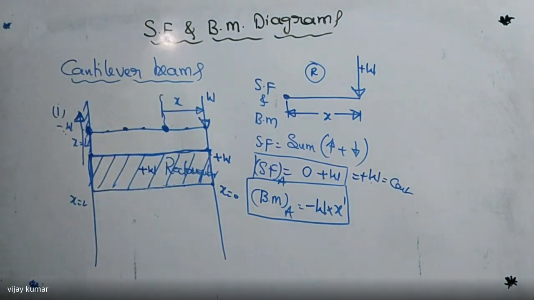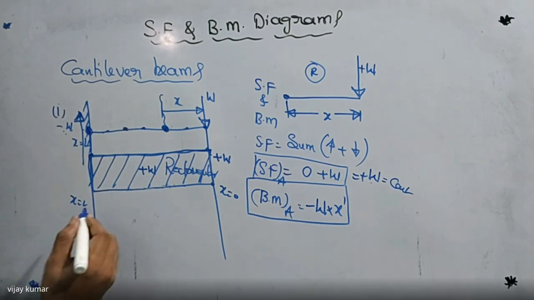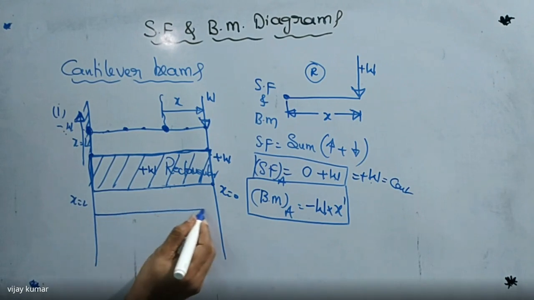What I am saying here, listen carefully. If you take any beam, that is cantilever or simply supported or overhanging, whatever the beam is, if the beam is subjected to point load, what is the shape of the shear force diagram? Rectangle. Now, I'm going to draw the bending moment diagram. This is the bending moment diagram.